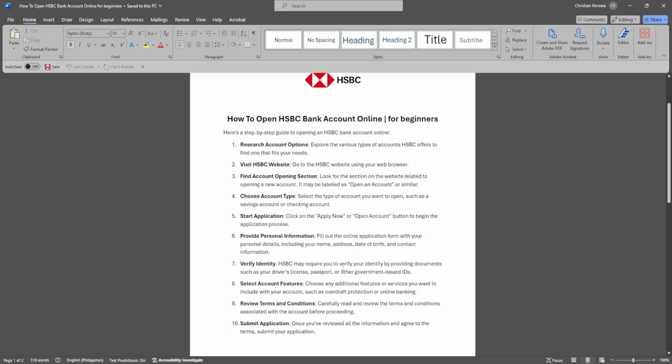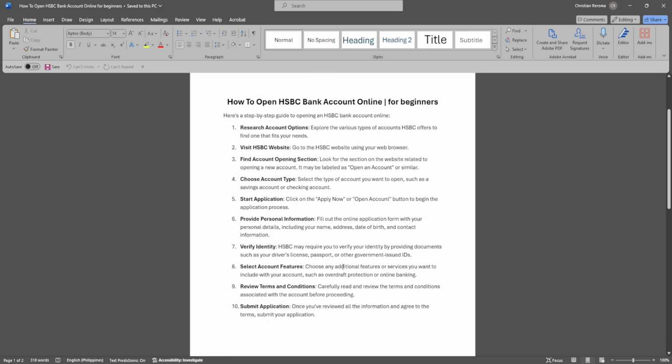contact information. Also, HSBC may require you to verify your identity by providing documents such as your driver's license, passport, or other government issued IDs. Now choose any additional features or services you want to include with your account, such as overdraft protection or online